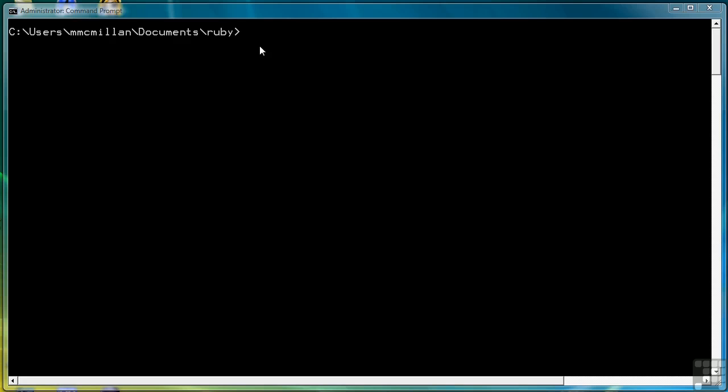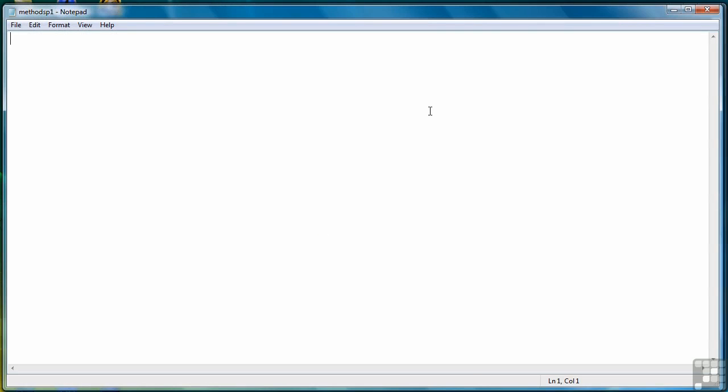So let's go ahead and get started. We're going to call this methods P1 because this is the first part of our lessons on creating methods. In this first lesson, we're going to look primarily at creating value returning methods. Then in the next lesson, we're going to look at methods that don't necessarily return a value but are used